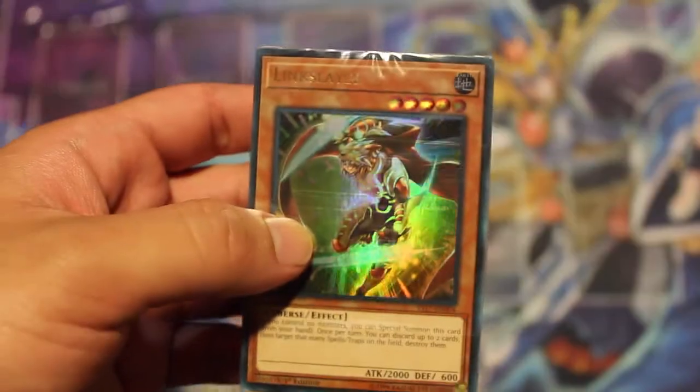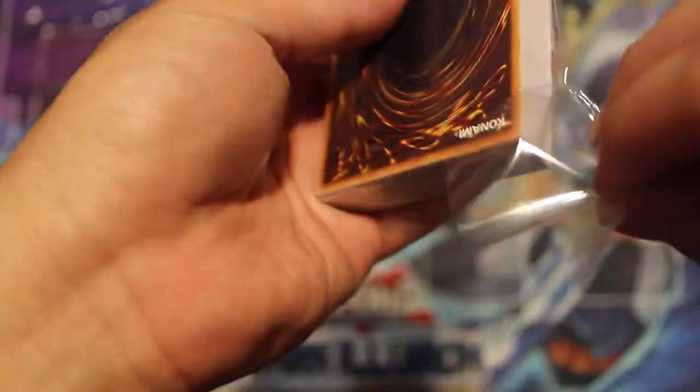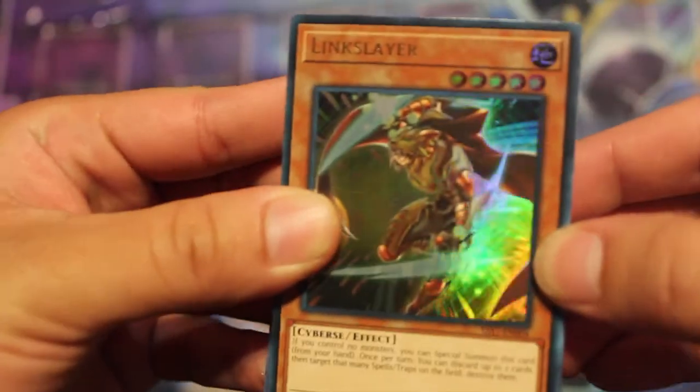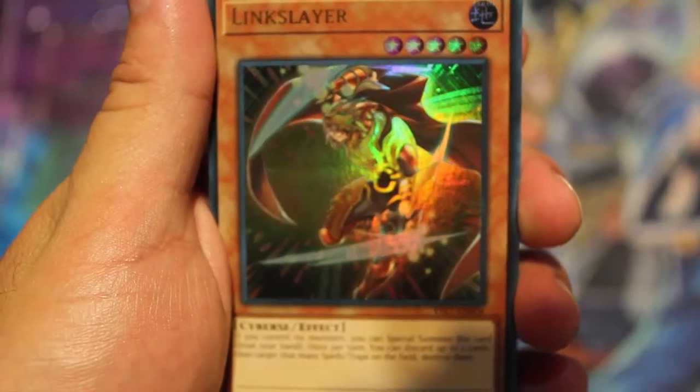This is going to be interesting because I've seen the Link monsters online, as we all have, but to hold them in person is going to be a different story. So let's see. Get the plastic off. Here we have the boss card of this set. This is Link Slayer,